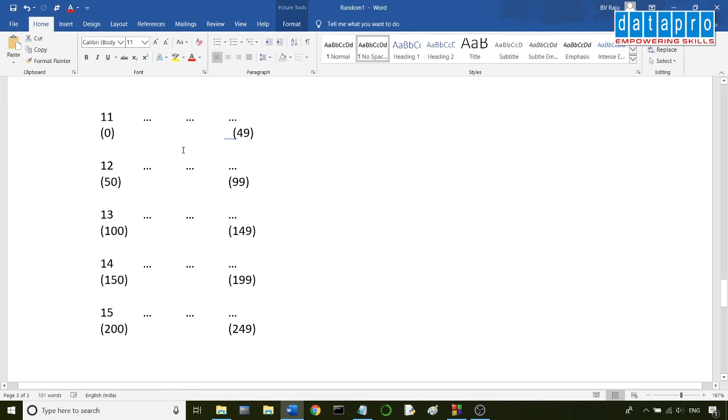So here what we have to do is, when the user enters a number, say 3, the file pointer position should land here. But you know that the size of each record is 50 bytes. If we say 3 into 50, it lands here at 150. If the user gives 1, 1 into 50 gives 50, so we get the second record instead of the first record. So whatever position the user enters, we have to subtract 1 from it. If the user enters 1, 1 minus 1 is 0, and 0 into 50 is 0. If the user enters 3, 3 minus 1 is 2, and 2 into 50 gives 100. So that's what you should remember.